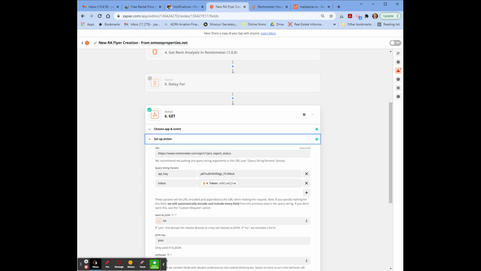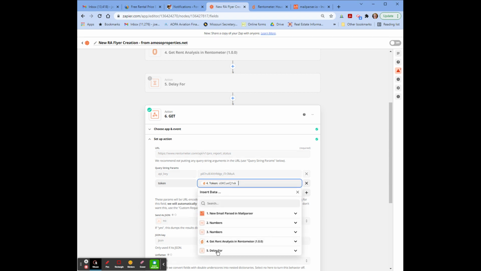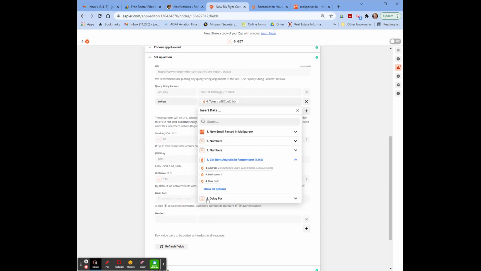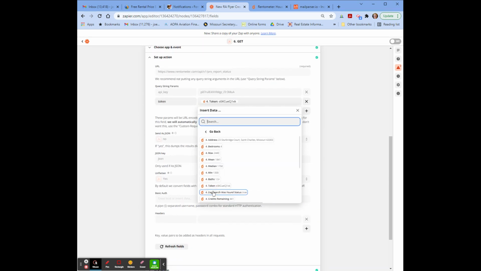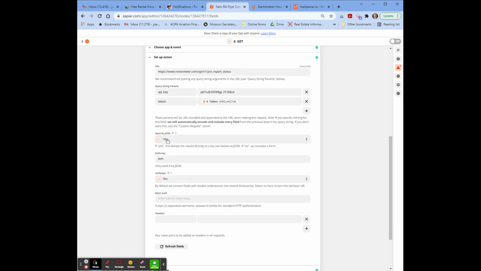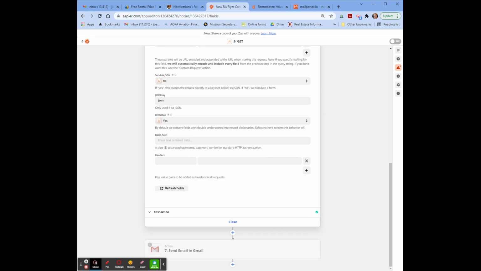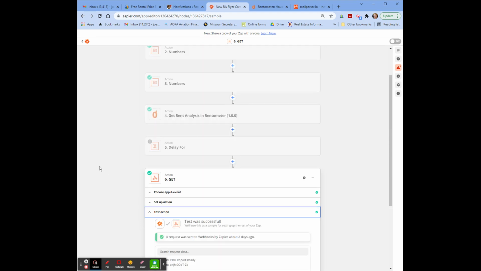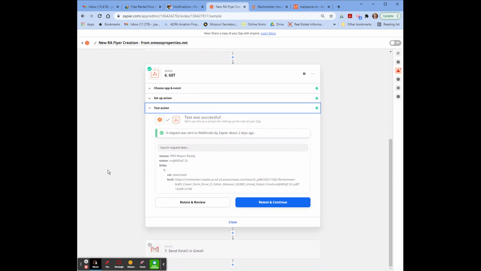The token is super simple. You go back up to here, and this is part of what you got out of that data when you ran it. You got the token. You already have it, so you just put the token value there. That's all there is to it. You don't change anything else here, and then you test your action. And what will happen when you test your action